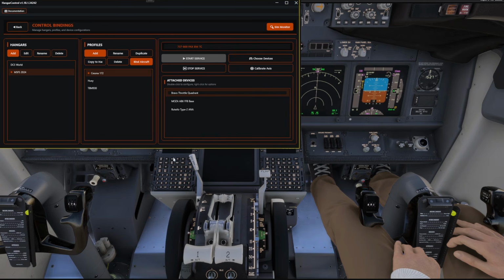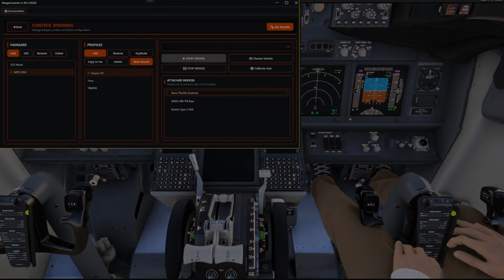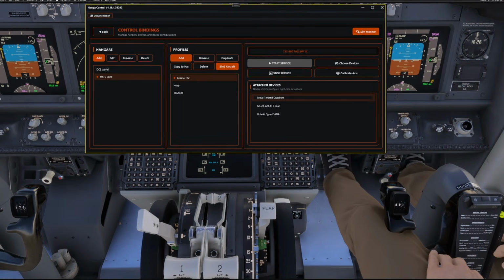So we've covered everything. We've got your spoilers now. We've got your throttle. We've got your flaps. Now we need to get the reverse thrust. Let's go ahead and work on that now. All right, folks. So for the last piece on the reverse thrust that I want you guys to be aware